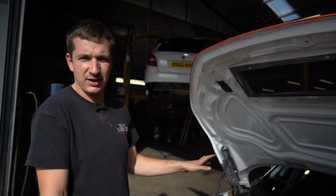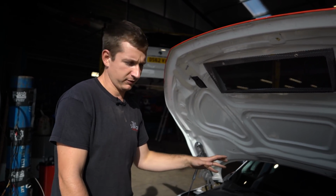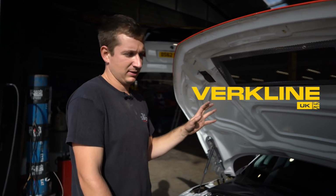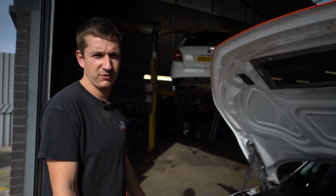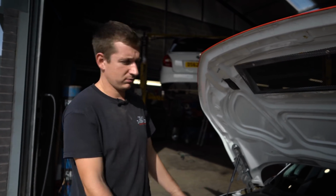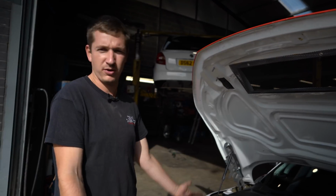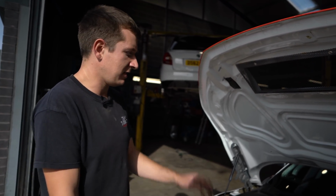Chassis wise, it's obviously going to get all the same stuff as the Golf. We're still in talks with Erkline about trying to get a deal on the tour everything, and hopefully we can do some back-to-back testing for him and prove that the stuff does work, because it looks nice, but we've never done a back-to-back test to see. So these are the perfect vehicles to do that, at least while we leave them as petrols. So I think the diesel conversion